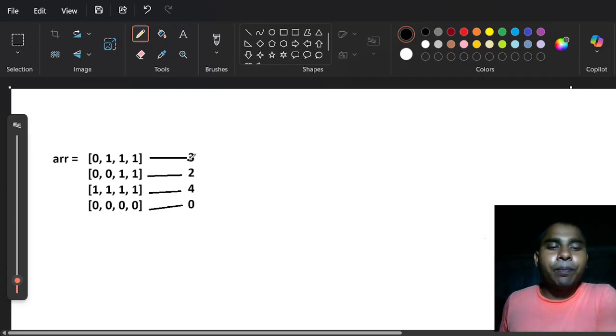After that we will keep one variable, max, which will track the maximum number of ones we got so far in a row. And we will also take another variable called index that will keep track of the row which got the maximum